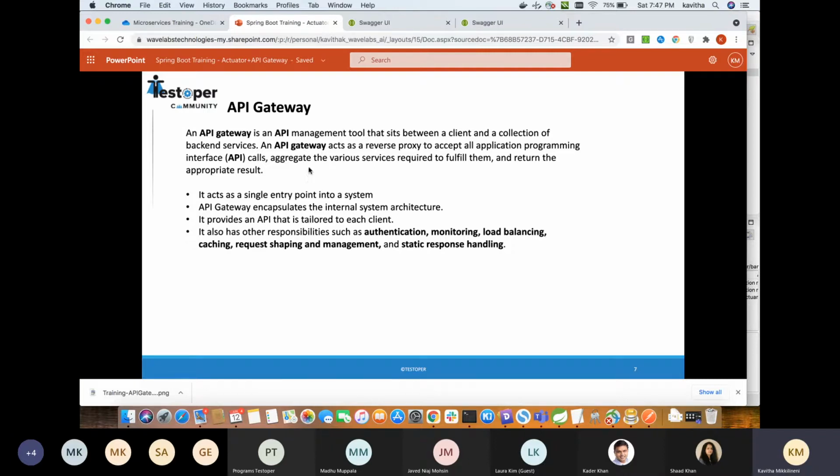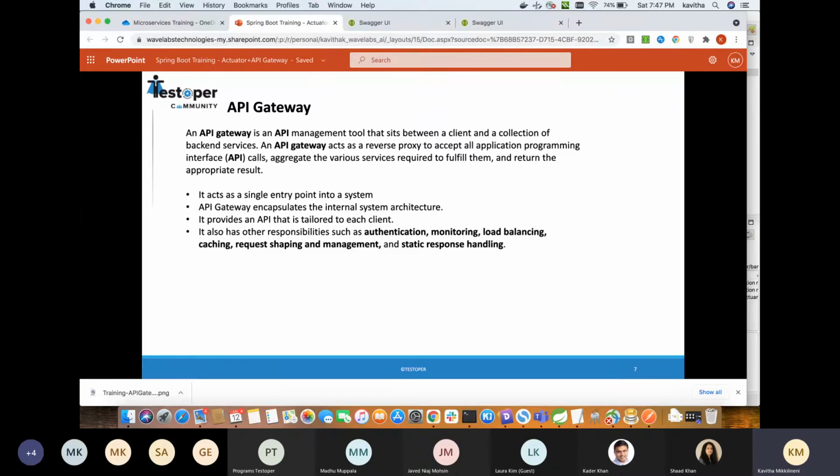Coming to API gateway, for any microservice we use the APIs, the REST-based APIs, or the WebSocket protocols, right? For accessing the microservice, the APIs are exposed.